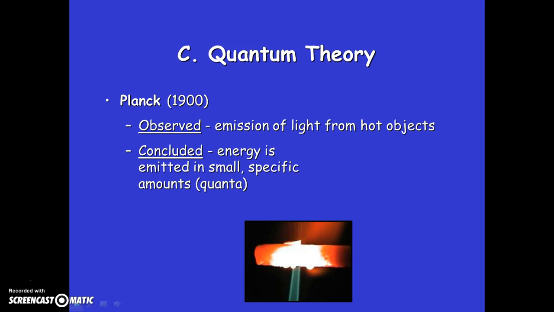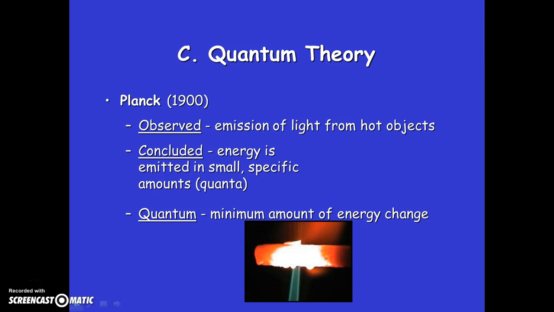Well, Planck concluded that this is energy that's being released in small specific amounts called quanta, like a quantity. And it's a minimum amount of energy change. So essentially the metal takes that heat energy and converts it and releases it as heat energy and light energy in these small packets of energy